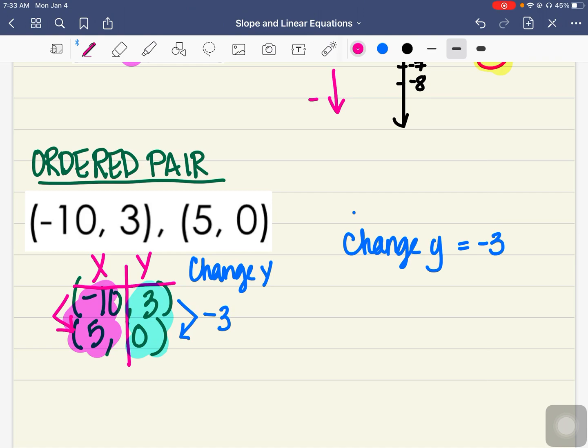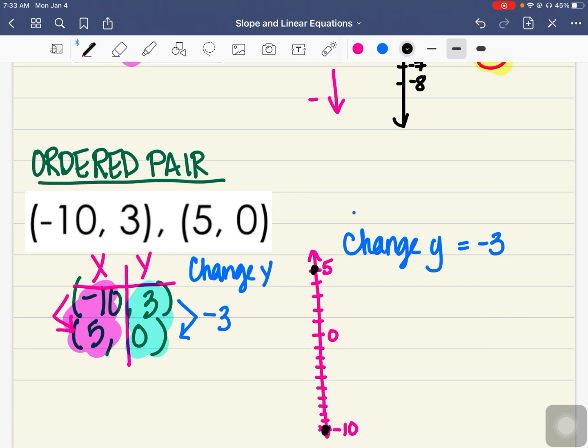That's going to be a really big number line like this. All right, so I'm going to put 0 kind of like right here. 1, 2, 3, 4, 5, 6, 7, 8, 9, 10. Negative 10 is way down here. 1, 2, 3. Positive 5 is way up here. And I want to know, what do I have to do to get from down here all the way to